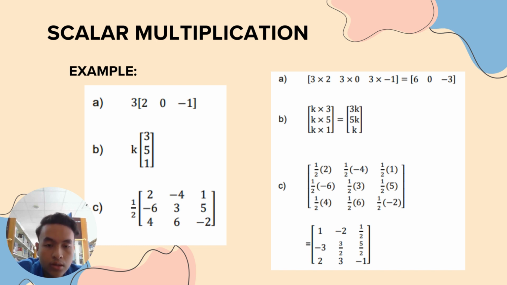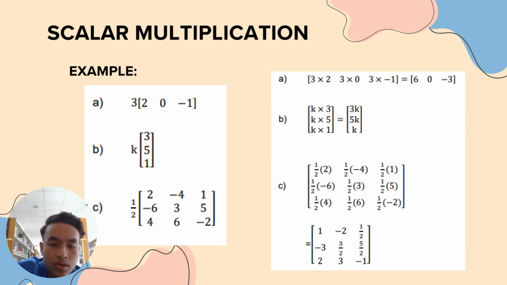So we look at the answer. 1 over 2 multiplied by 2 equals 1. 1 over 2 multiplied by -4 equals -2. 1 over 2 multiplied with 1 is 1 over 2. Sorry, 1 over 2 multiplied with